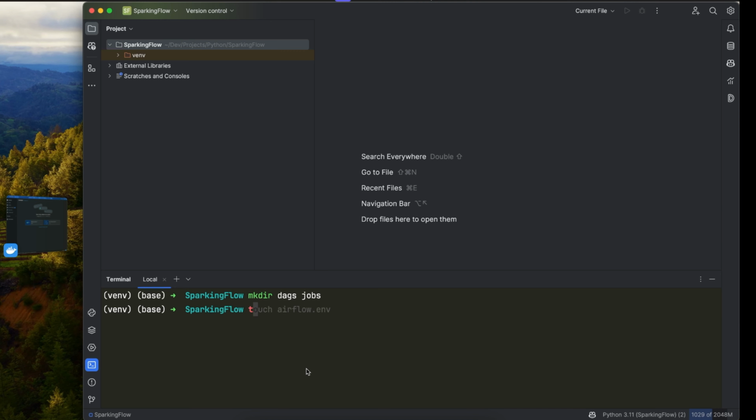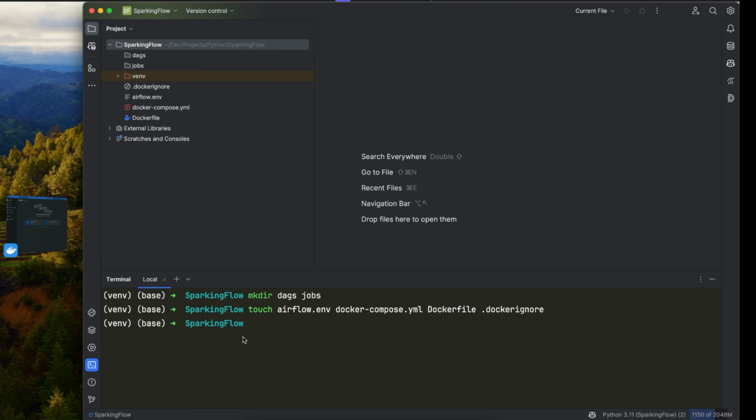Aside from that, we need our Dockerfile because we're going to be containerizing the project. Okay, so I'm going to touch an airflow environment file, docker-compose.yaml, and Dockerfile. And also I'm going to have a .dockerignore. Okay, so once these are done, the next thing that I need to do is to continue with the architecture